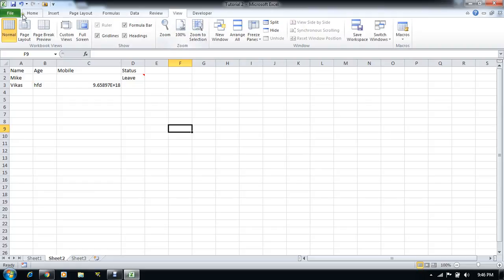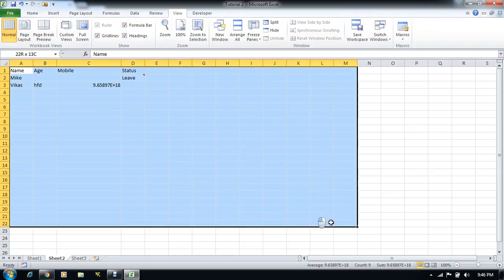Now this is the view ribbon here. In the view ribbon you can make changes to the view, which we can see here.